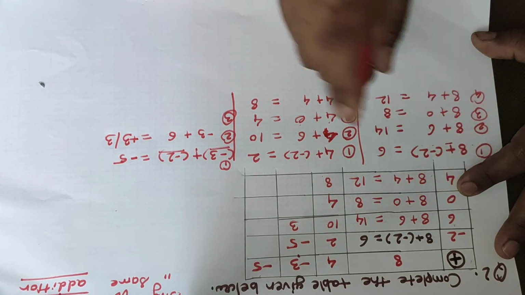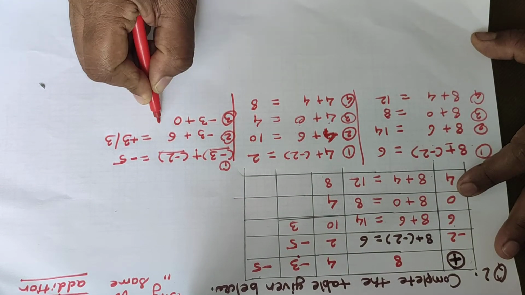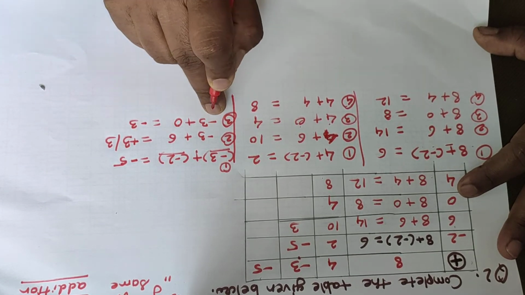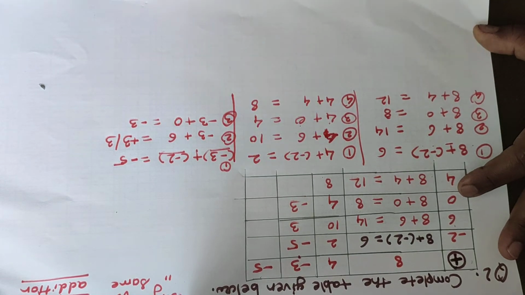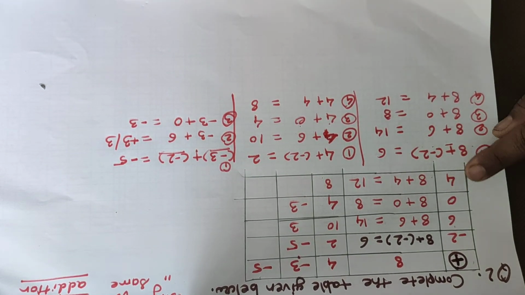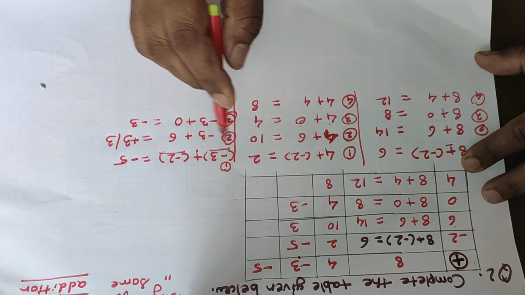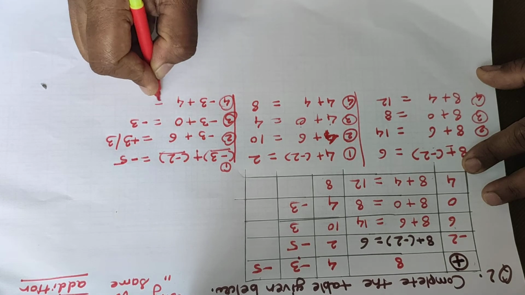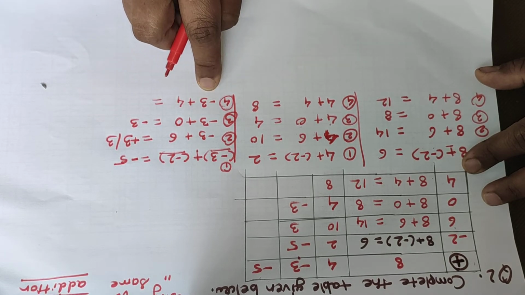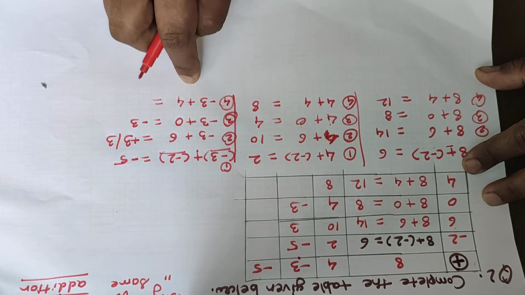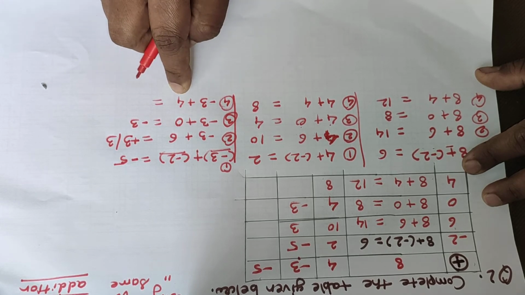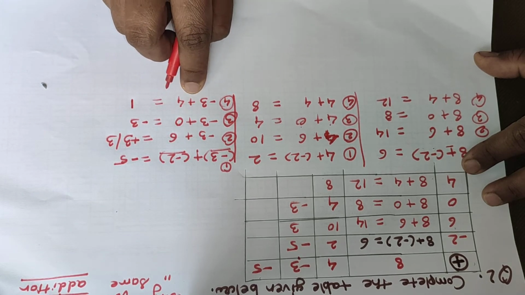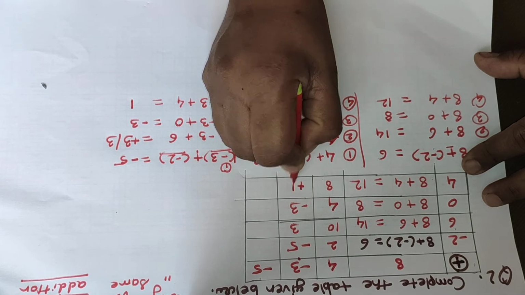Now minus 3 plus 0. Just as I told you, if you add any number to 0, the answer is the same. So here minus 3 is the answer. Okay, next fourth example, minus 3 plus 4. So here the bigger number is positive, the smaller number is negative. Different signs are there. We have to do the subtraction. So bigger number minus smaller number, 4 minus 3, 1. And the sign we have to give is the bigger number's. So here it is plus. It will get the answer plus 1.